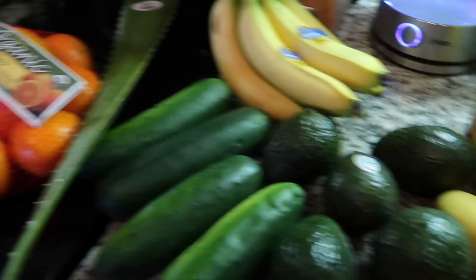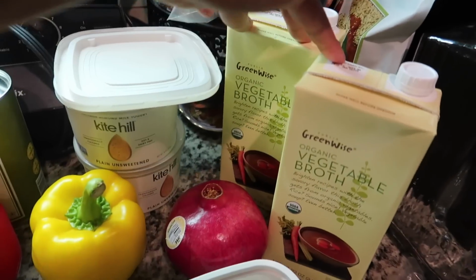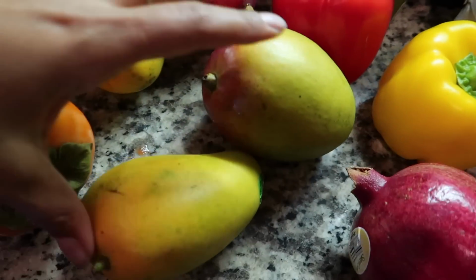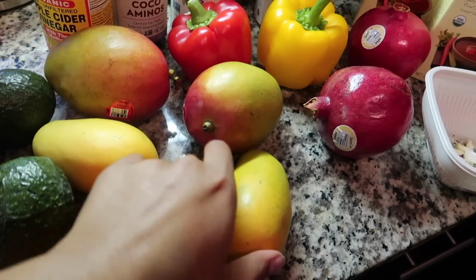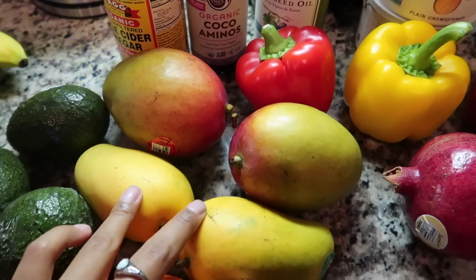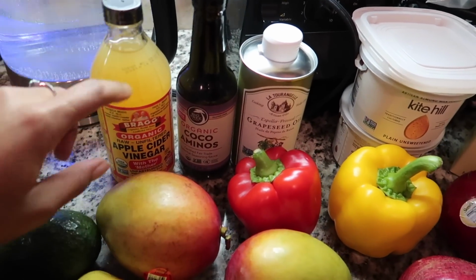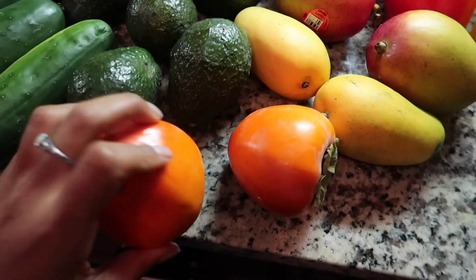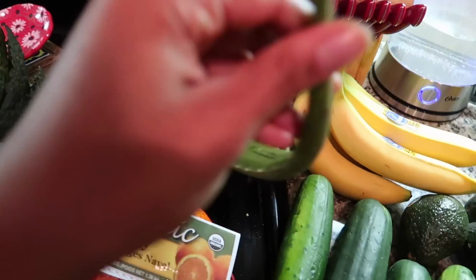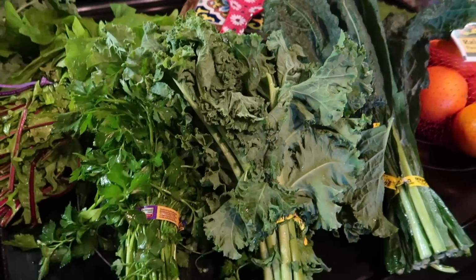All right, so here's the post-colonic haul. 2 things of veggie broth because I want to make some soup. Tapioca. 2 pomegranates, 2 bell peppers. Okay, I know tropical fruit is not in season, and I always tell people to eat in season, but right now I just really wanted all the fruit possible. So I got 4 mangoes, 2 different types. We got some more oil, coconut aminos, and apple cider vinegar. We used all of ours during Matt's hair rinse. 2 delicious persimmons, avocados, cucumbers, bananas, an aloe vera leaf for the juices, oranges, Jacinto kale, regular curly kale, parsley,